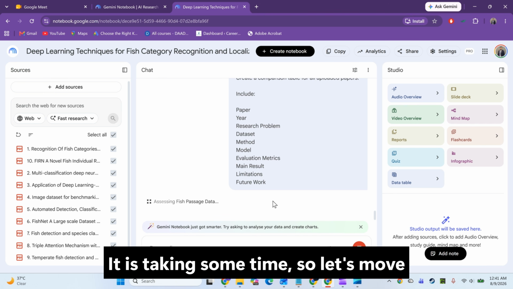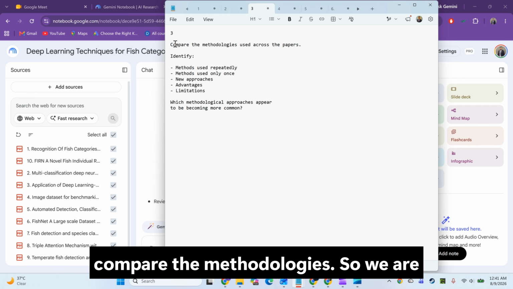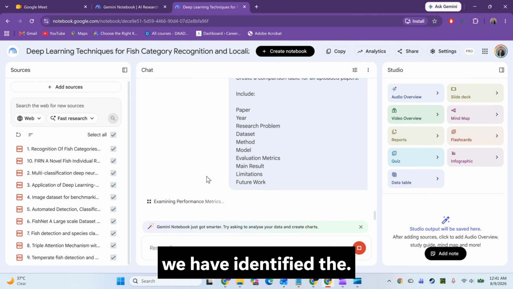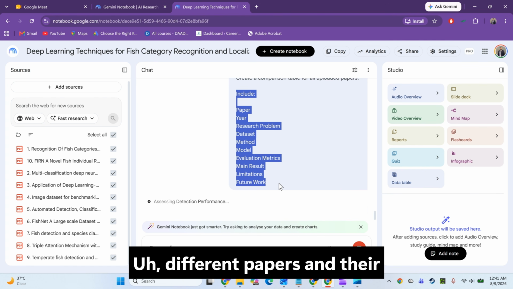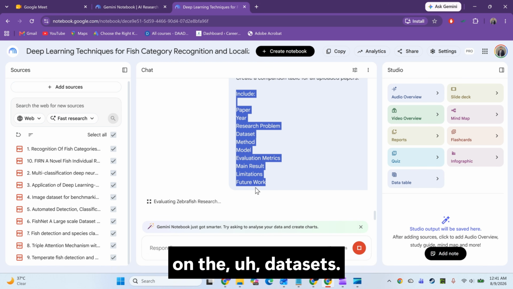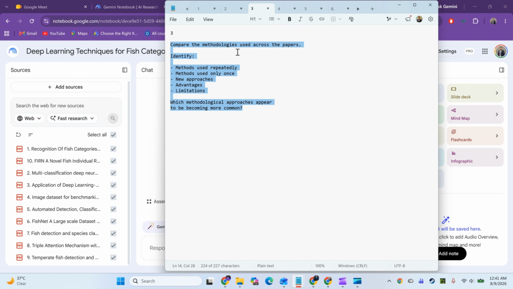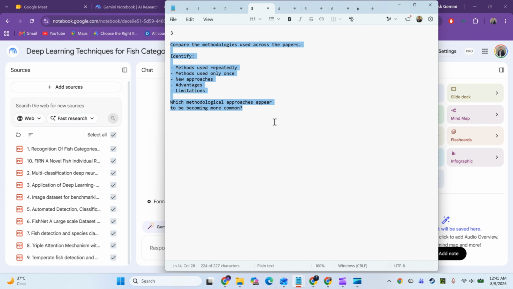It is taking some time, so let's move towards the next, that is compare the methodologies. So we are doing this step by step. Firstly, we have identified the different papers and their information. Now we are focusing on the data sets, methodologies now. So this is the methodology part,